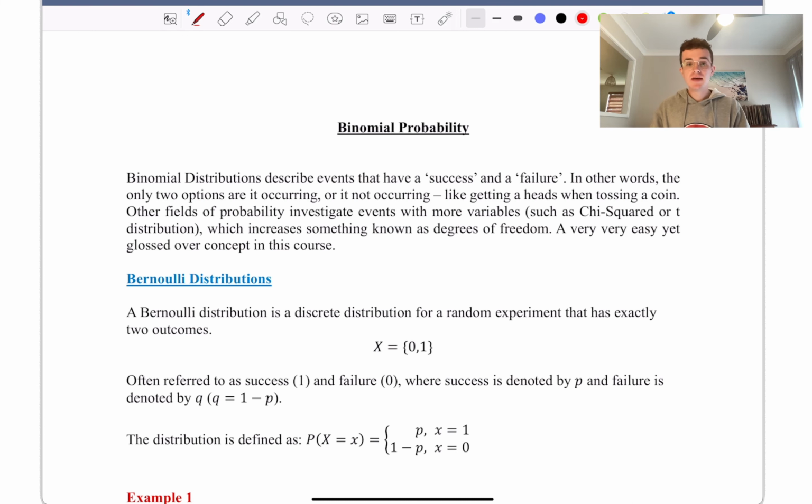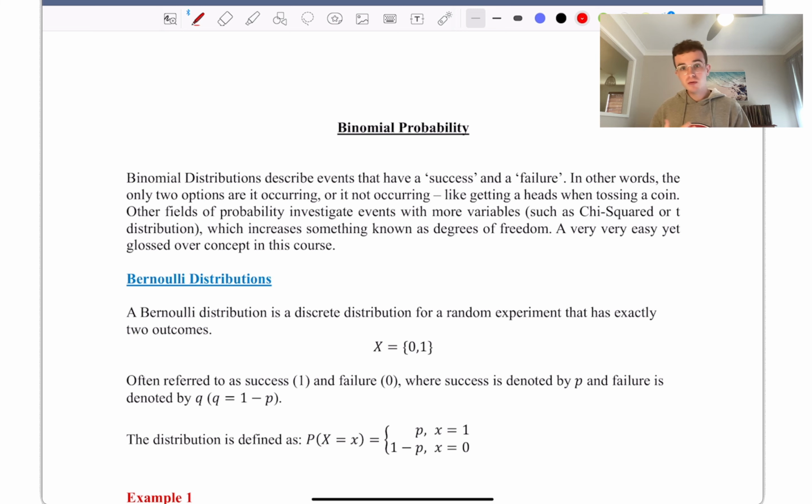Okay, today we're going to have a look at our new topic of binomial distributions. So a binomial distribution describes events that have a success or a failure. In other words, the only two options are it occurring or it not occurring, like getting a heads when tossing a coin. Now, other fields of probability do exist to investigate more variables, such as chi-squared or t-distribution, which can